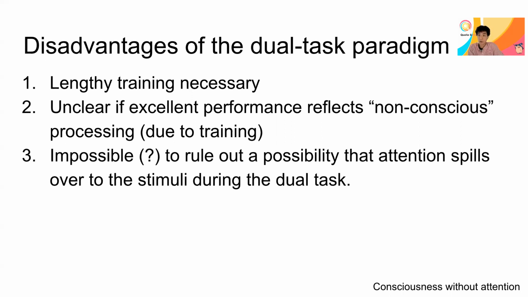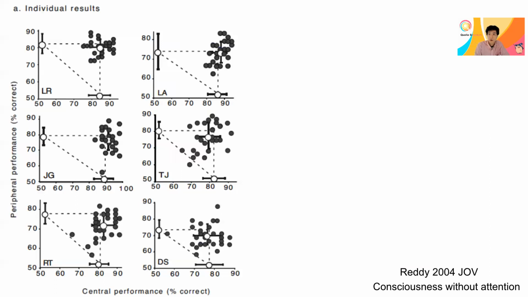Like Bahrami's experiment, neuronally, even if you're doing the task at the center, which is easy, still, whether it's easy or difficult, the invisible stimulus outside gets processed more or less depending on how much availability you have. So it's plausible that even a really difficult dual task experiment at the center may still make attentional availability spill over to the periphery in an unconscious manner, in a sense.